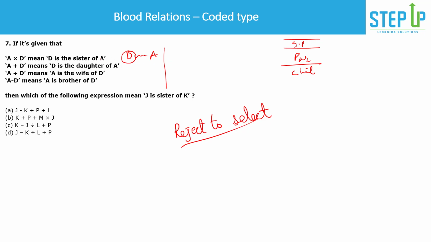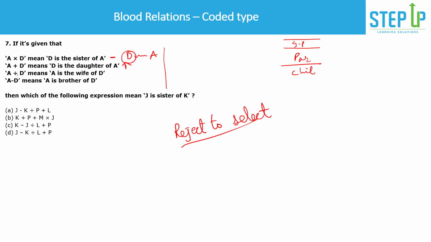So it's important to note that this symbol means that they would be in the same generation. While A plus D says daughter of A, that means there would be an uptick, a change. That means if I say A plus D, A will become in the